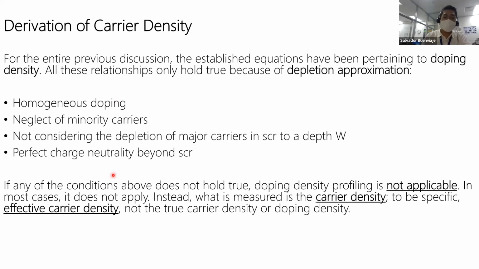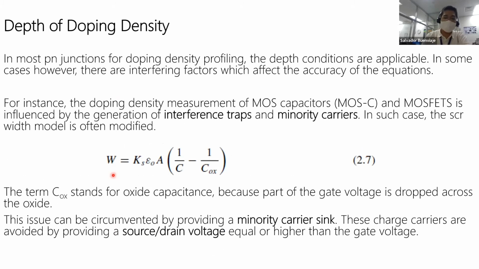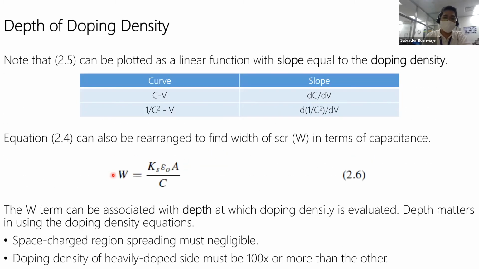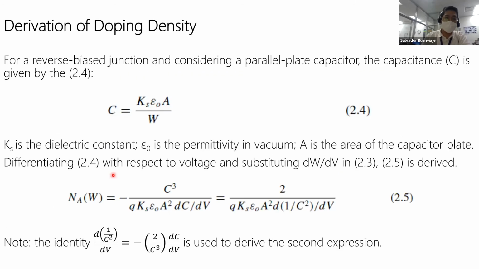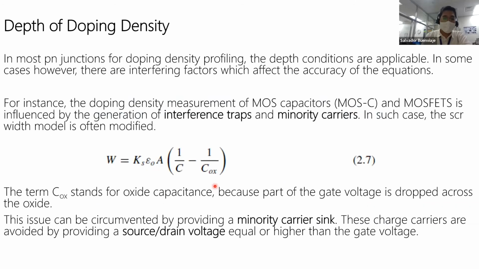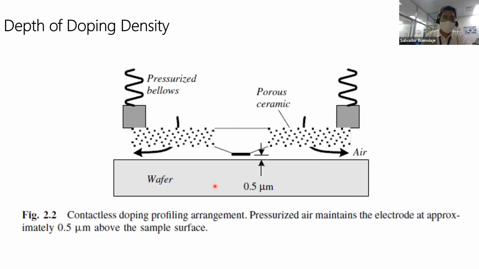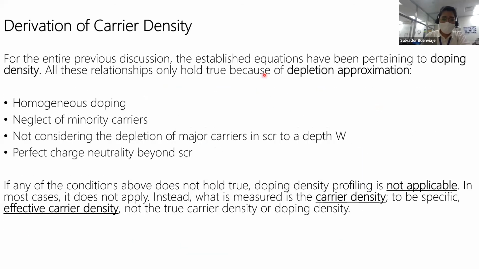So all the relationships here that I discussed, this one, equation 2.7, 2.6, especially these 2.4 and 2.5. These are true if the conditions are following the depletion approximation, which in most cases, in most experimental setups, are not following. So actually,